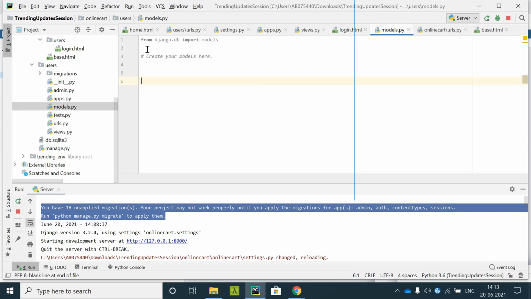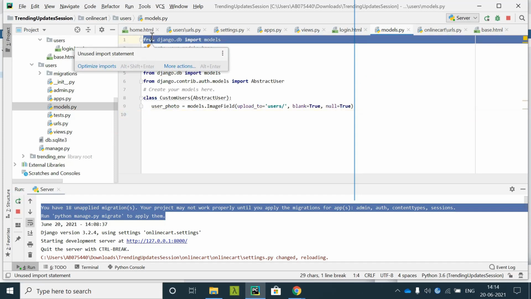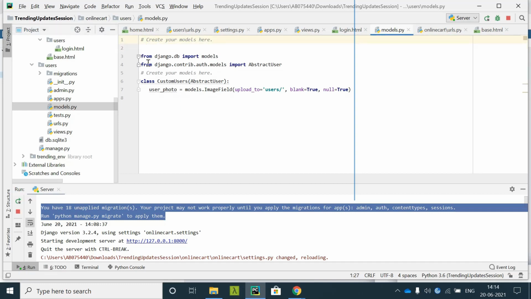How are we going to import the user abstract model? So from django.contrib.auth.models import AbstractUser.